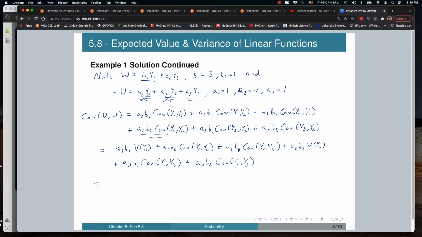The problems in this section are more tedious than others, so I just want to preface the rest of the stuff with that. They're just tedious. And so we get 1 times 3, because a sub 1, b sub 1 are 1 and 3, and then the variance of y sub 1 from the previous page is just 1, plus a sub 1, b sub 2 is 1 times 1 times the covariance of y sub 1, y sub 2, which is negative 0.4,